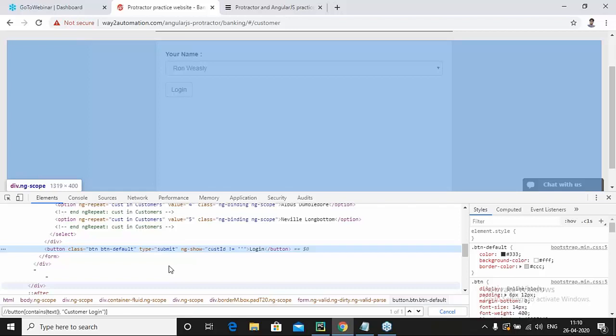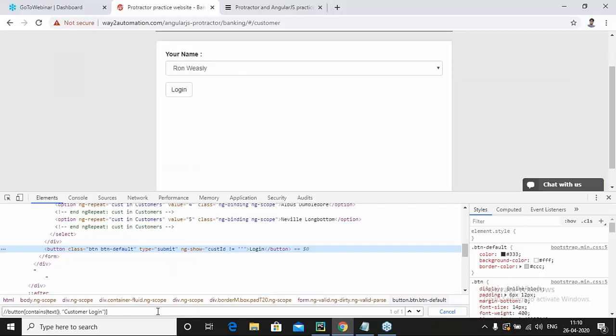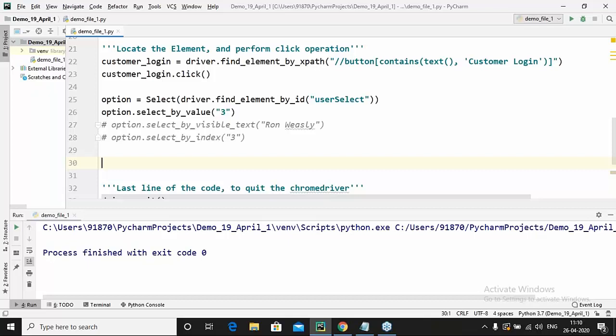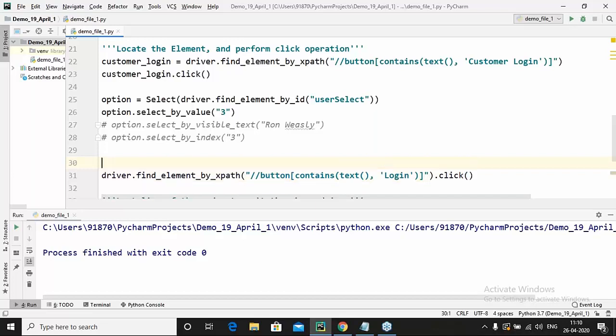If I go here, after selecting the line, I say driver dot find element by XPath, dot click. Before this also I'm writing driver dot implicit wait of 10 seconds, because this is actually visible after selecting the code. Now if I again re-execute it,